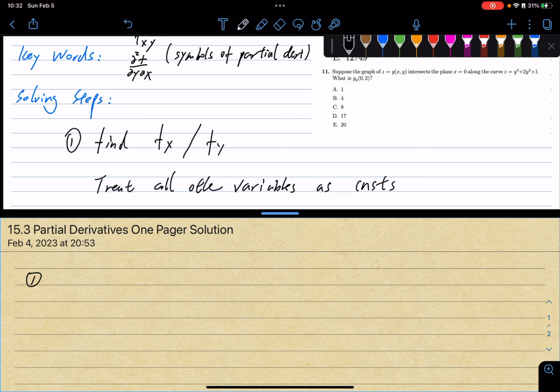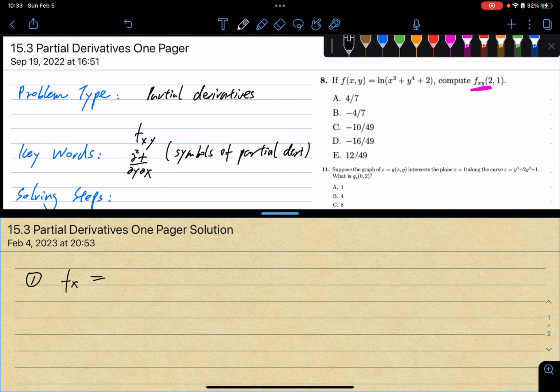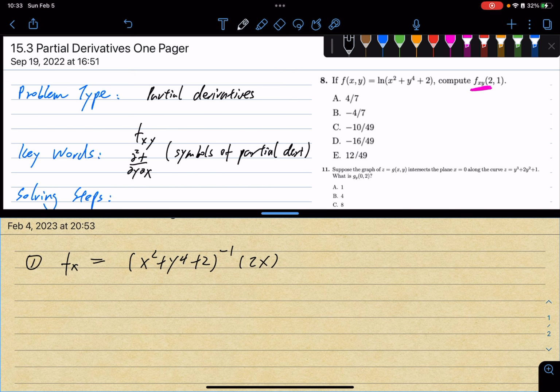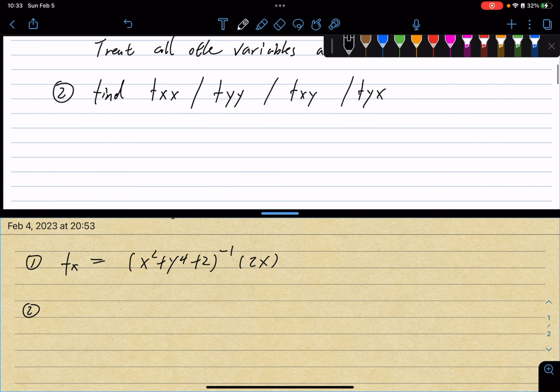So the first step is just going to be f_x. f_x equals, let's say, your power rule, right? So (x squared plus y to the 4th plus 2) to the negative first power. And then you have the partial derivative with respect to x, so that's 2x. You're using a chain rule here. Don't forget your basic calculus rules and skills. And the second step is going to be to find your